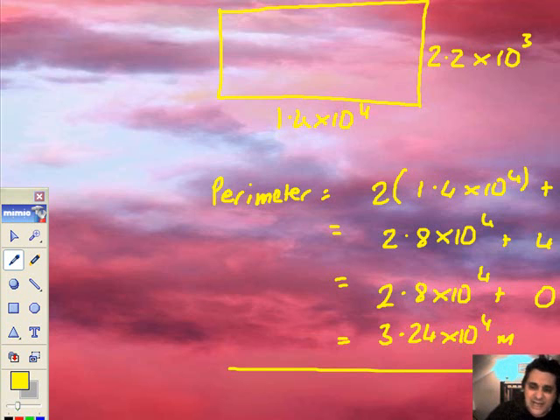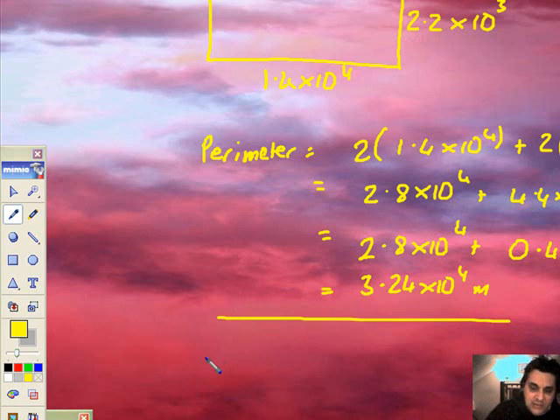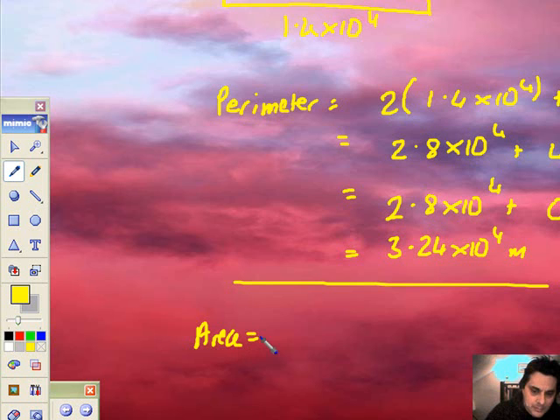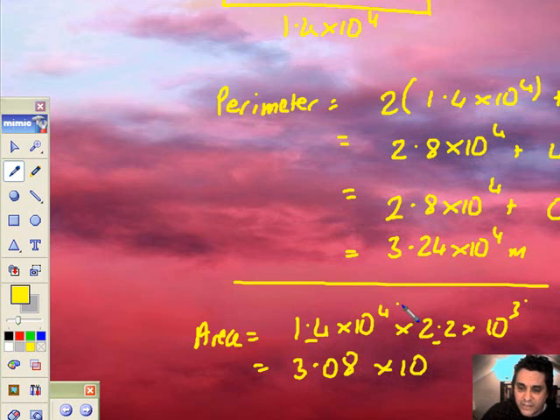As for the perimeter, the area is dead easy. It's any old standard rectangle. We multiply the length by the width. So here I go. This is the area. We've got 1.4 times 10 to the power of 4 multiplied by 2.2 times 10 to the power of 3. I'm just going to go ahead and multiply 1.4 with the 2.2. So I've got 3.08, and then simply add the powers because I'm multiplying. The 4 and the 3 would give us 7, 10 to the power of 7, and that answer will be in meters squared. And that's the end of